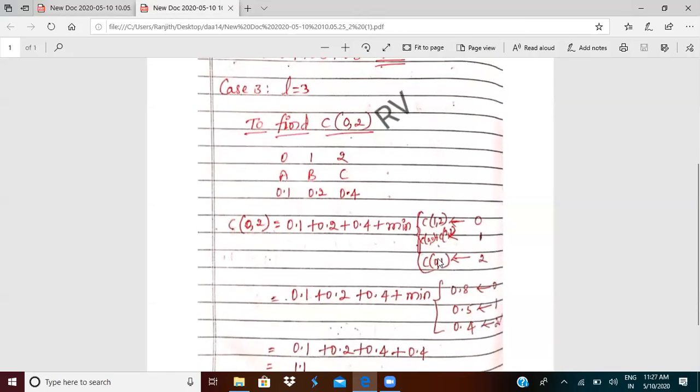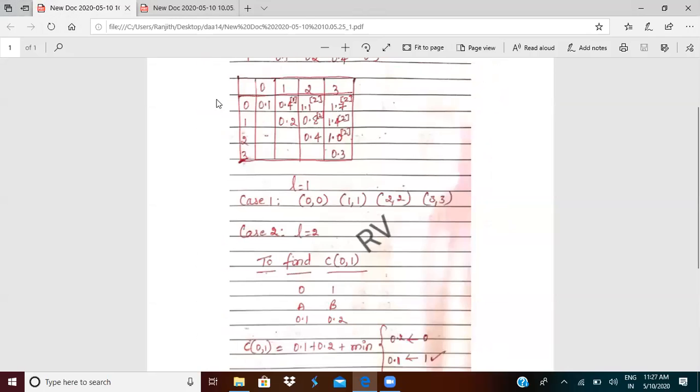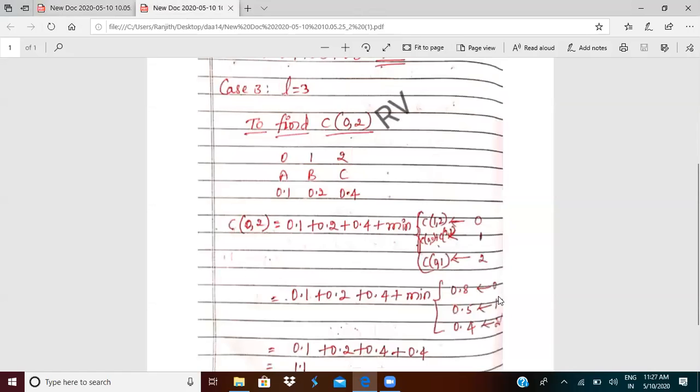Now, what is the value at C of 1 comma 2? 1 comma 2 is 0.8. That is what I have taken here. For 0, it is 0.8. And for 1, it is C of 0 comma 0 plus C of 2 comma 2. What is 0 comma 0?